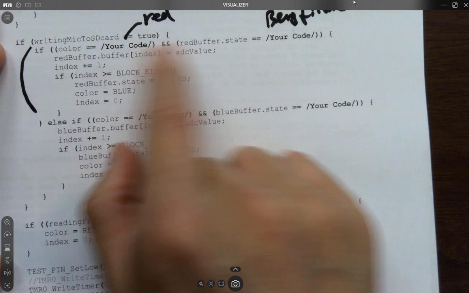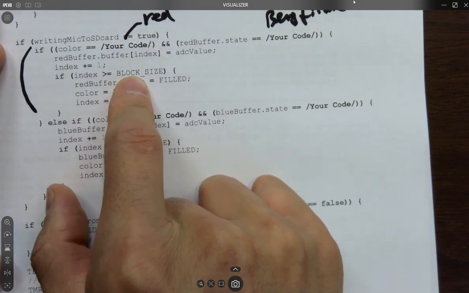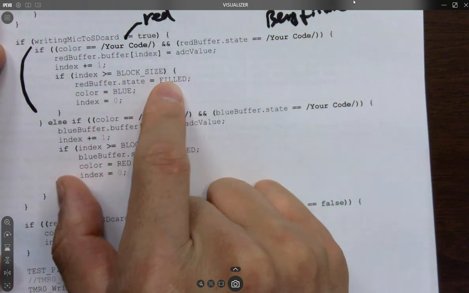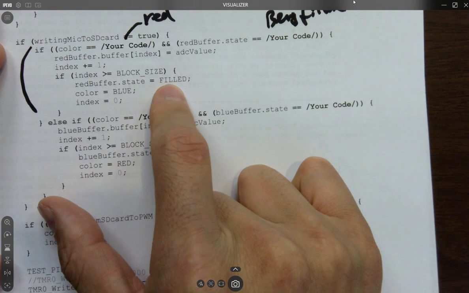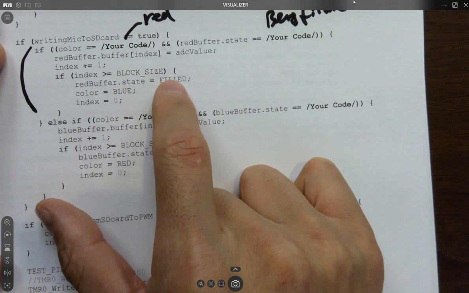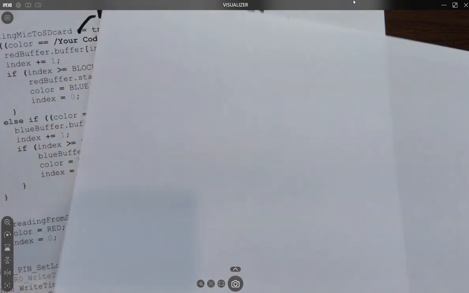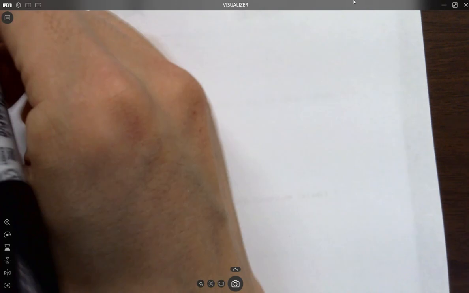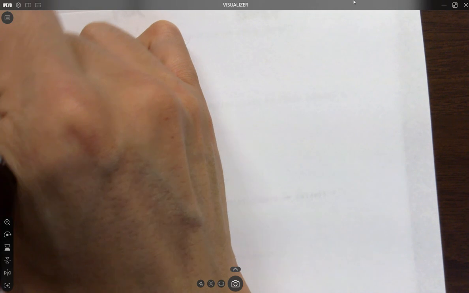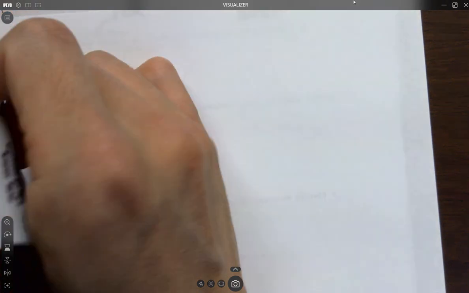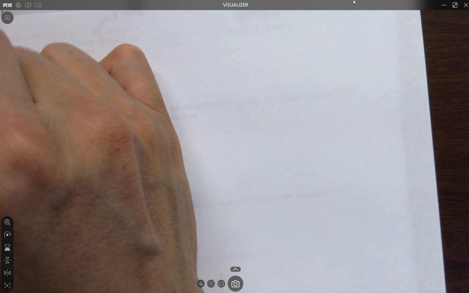So keep filling this up until it reaches the block size, which is 512. Then change the state to filled, right? Change the state to filled. So if we draw the diagram, I probably will make this more clear here. So for the case R, the case, not the ISR,